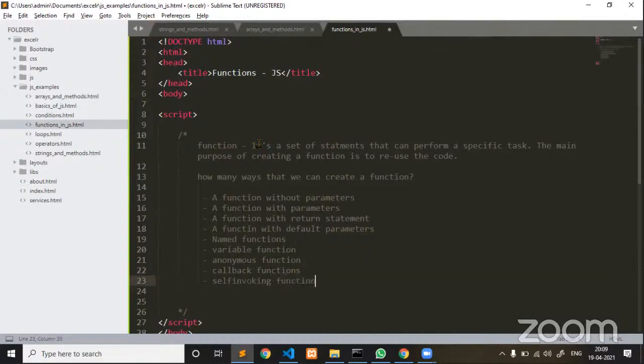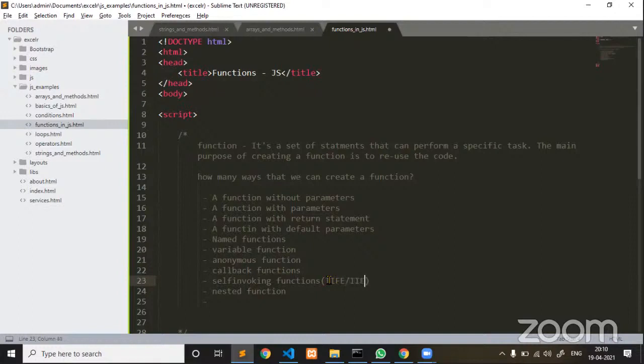These are the different types of functions in JavaScript. Self-invoking, nested functions: a function inside another function, if you are calling it, is called nested. And immediate invocation functions, self-invoking and immediate invocation, also called IIFE, immediate invocation function expression.